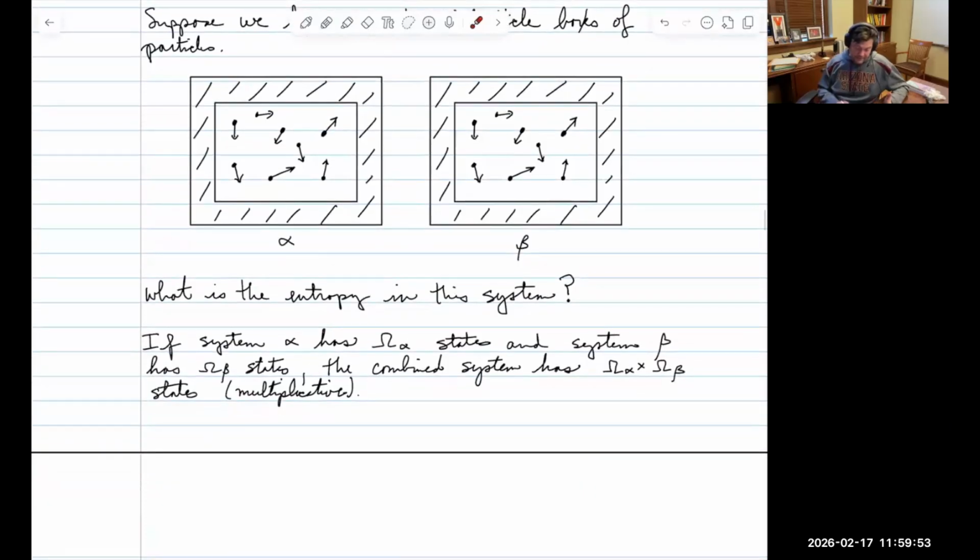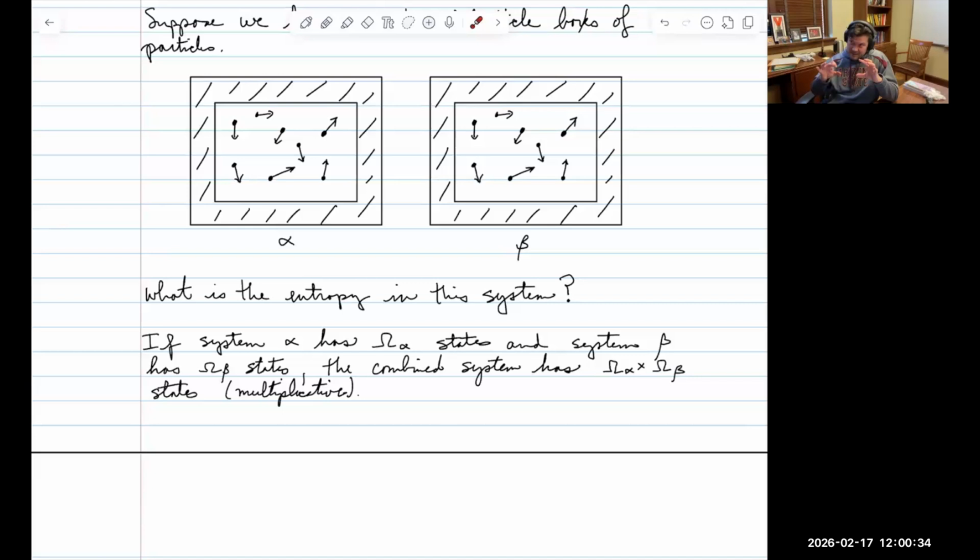Well, if system alpha over here, looking at one particular macrostate, has omega alpha microstates, and system beta in the same configuration has omega sub beta microstates, then the combined system, in combinatorics, if we have this number of ways to make the state on this side and this number of ways to make a state on this side, then if I combine the two systems together,